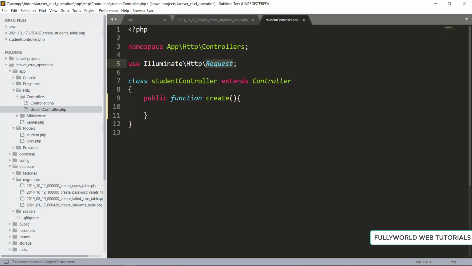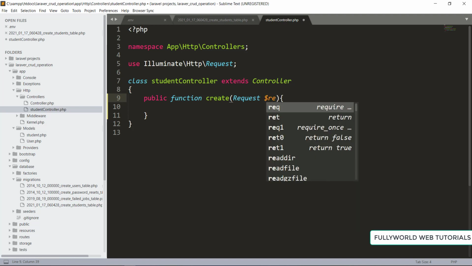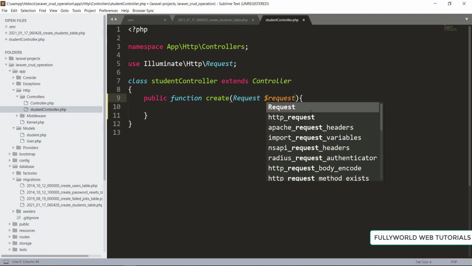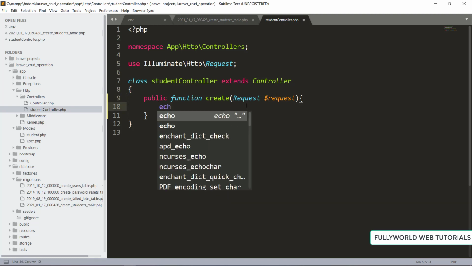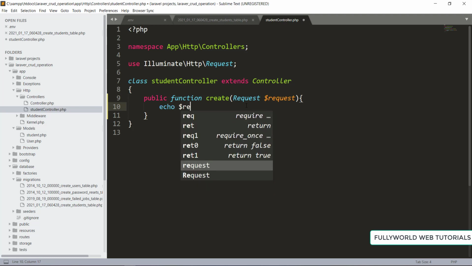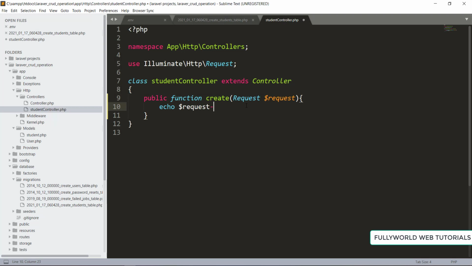I'm going to copy this Request class, and with the help of the Request class I'm going to create one variable, so that will be our $request. And now I'm going to echo $request and inputs.